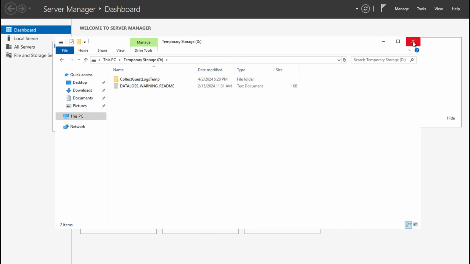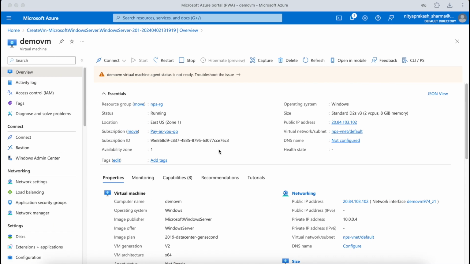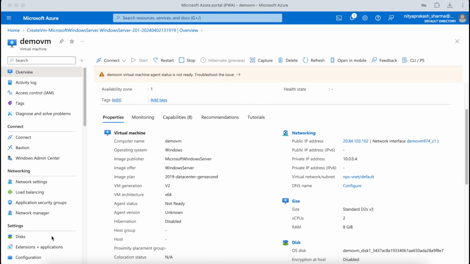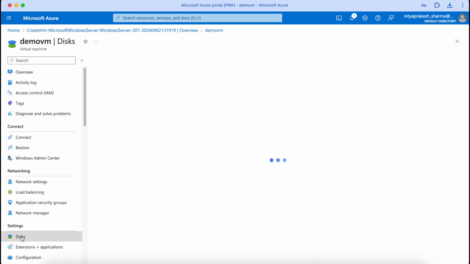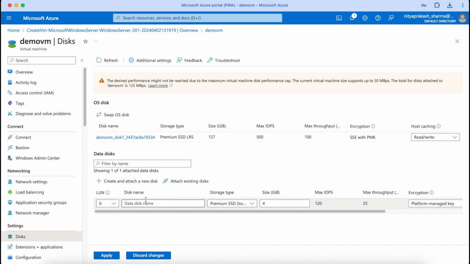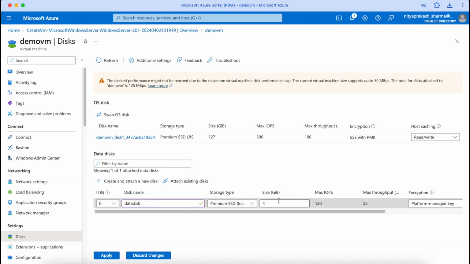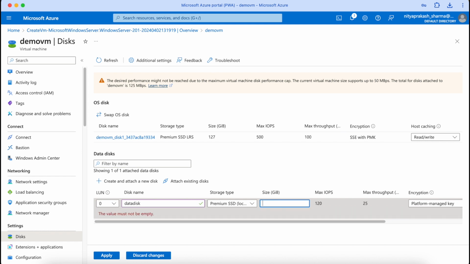Now the next step is we create another data disk. For that we'll go back to that server, disconnect from here, come back to this machine, and come here to disks. So we can add a new disk here, create and attach a new disk. So select here, create, disk name, data disk. I want to keep it premium SSD only. By default I'll keep the size 20 GB,